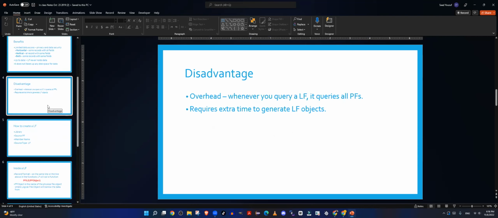The disadvantage is there's an overhead in queries because you query an object, which then queries other objects for you. So then there is an overhead. There's an overhead in coding a logical file. However,